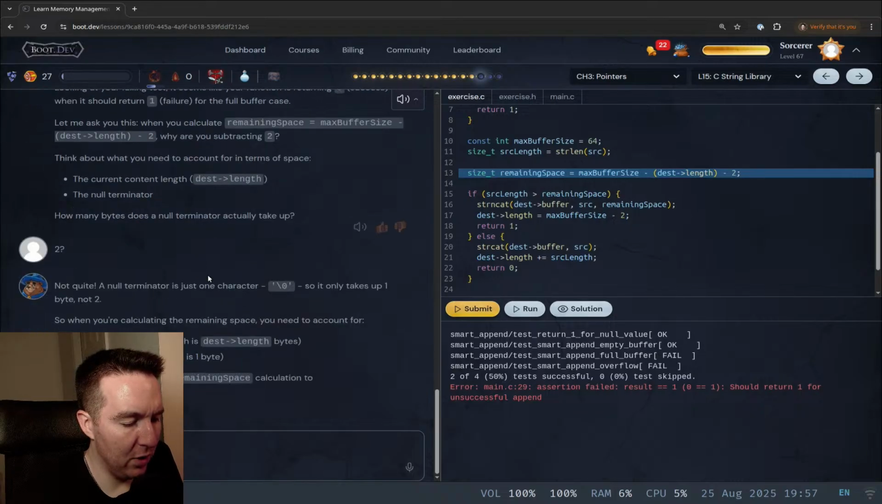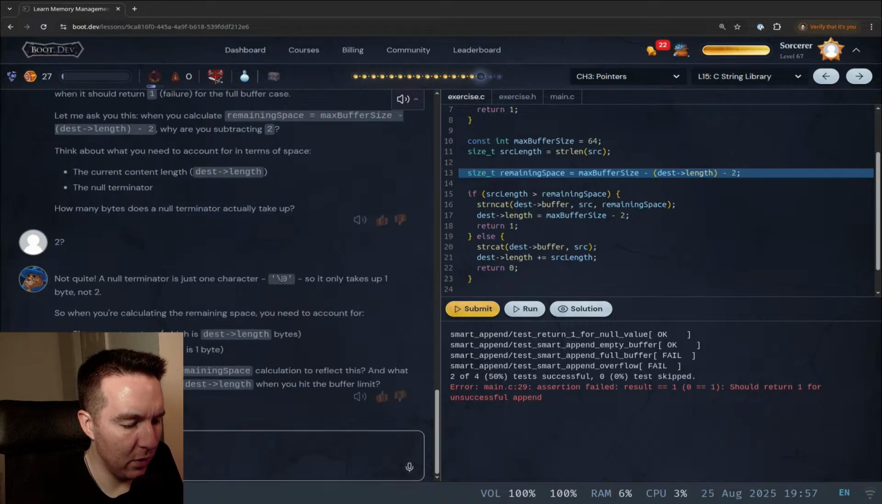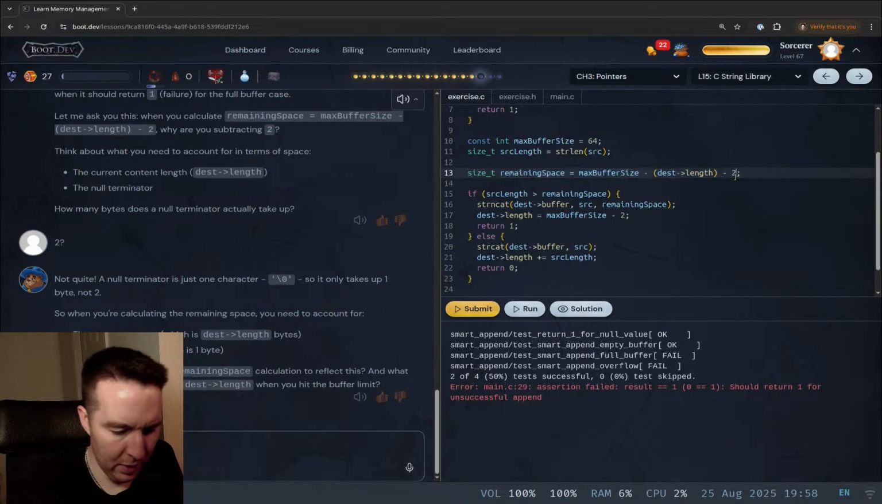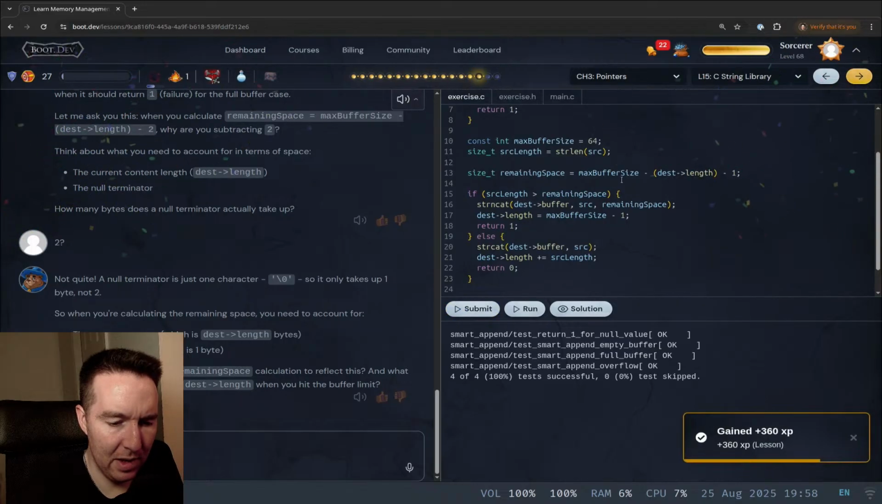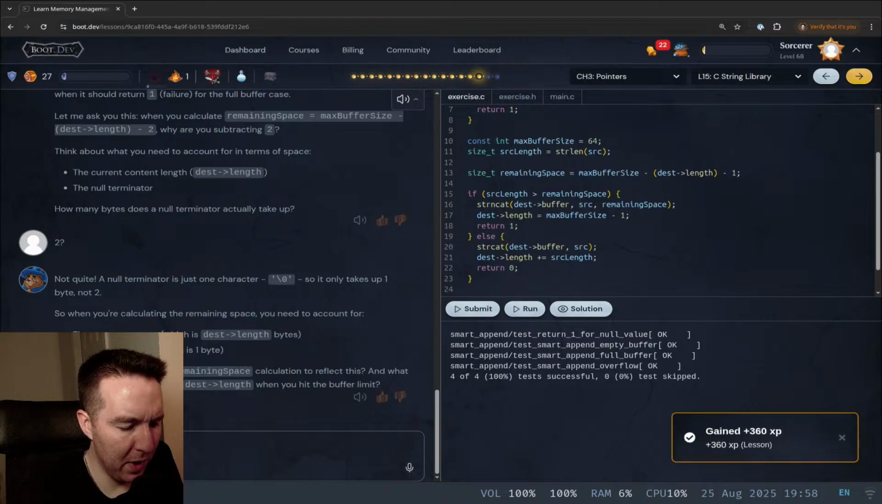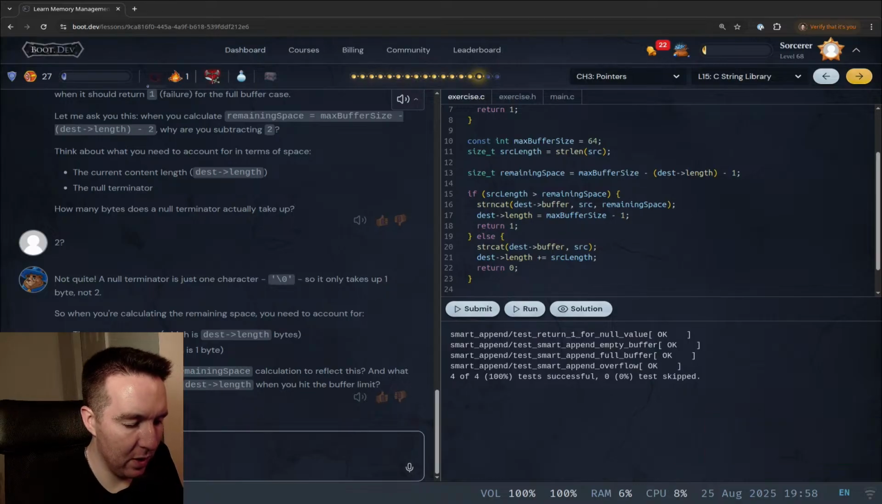Not quite. A null terminator is just one character, backslash zero. So it only takes up 1 byte, not 2. It's just one character, but it's a slash. All right, 1. Let's try that. Yay! Okay. I'm a bit confused by that. Why is it not 2? Because there is a slash and a